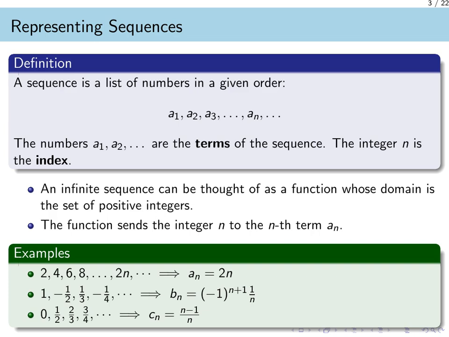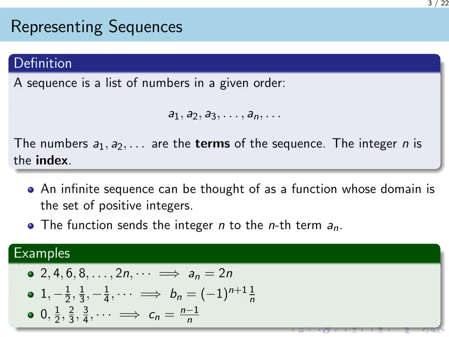For the sequence of even numbers 2, 4, 6, 8, and so on, the generating function is a sub n equals 2 times n. Plugging in n equals 1 gives the first term, 2, and n equals 2 gives the second term, 4. The second example shows an alternating sequence whose rule is b sub n equals -1 to the power of n plus 1, all divided by n. The main takeaway is that a sequence is just an ordered list of numbers, typically defined by a formula based